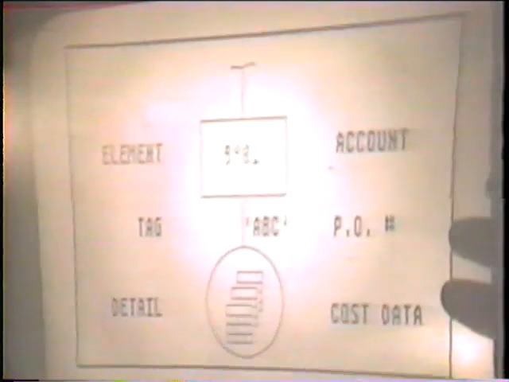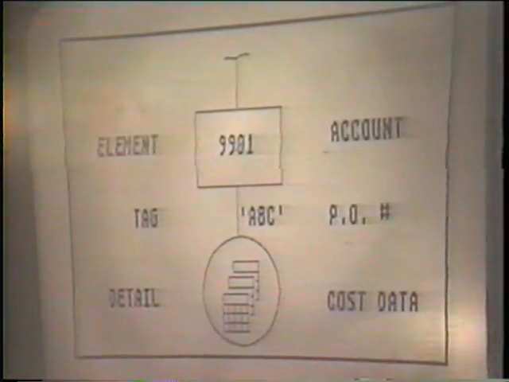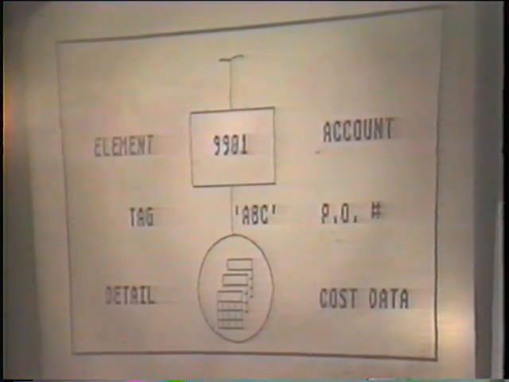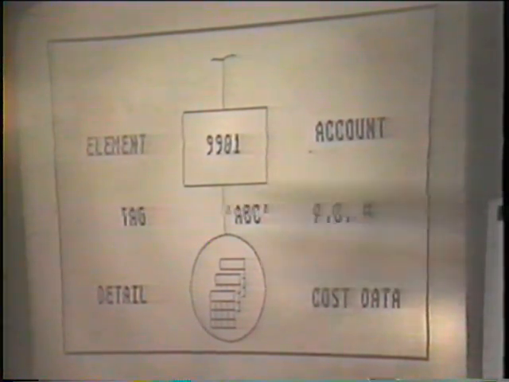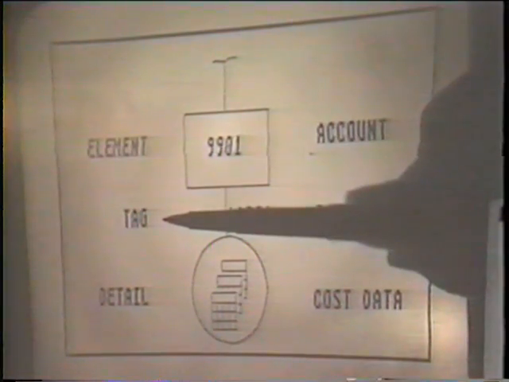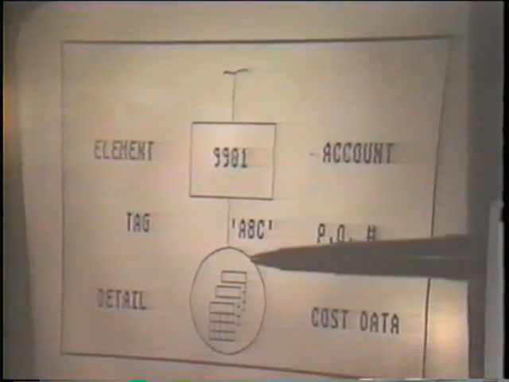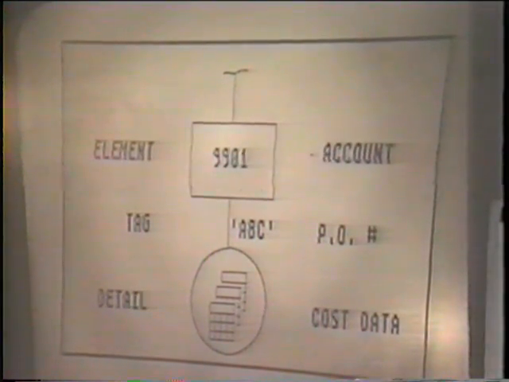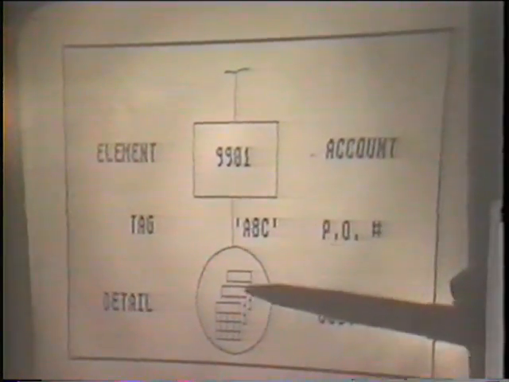Details are basically an extension to the work breakdown structure. And a detail consists of an element and something called a tag in combination. So element plus tag equals detail, and it's really just a lower level of a work breakdown structure. The difference between a detail and a WBS element or a cost account is that a detail can belong to